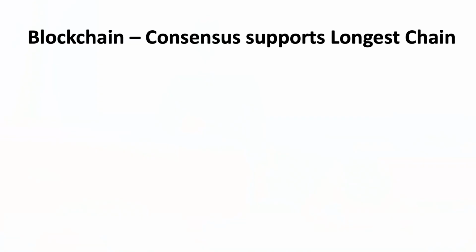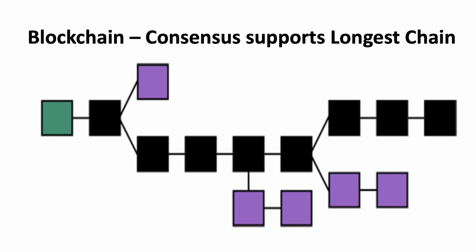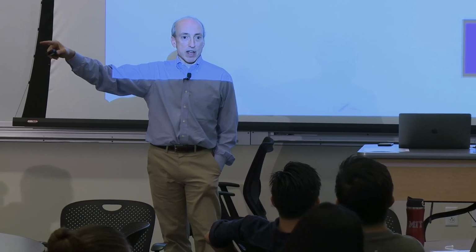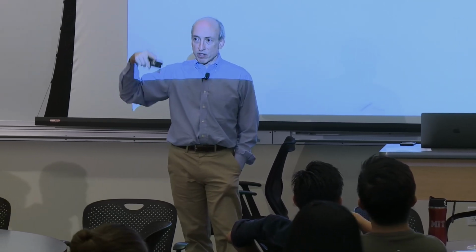But the consensus, remember this was a graph that we had, the consensus always supports the longest chain. If the consensus is to adopt this new technology and only 80 or 90% adopt it, it's a question of whether the other 10 or 15% will keep maintaining the shorter chain. And in Bitcoin Cash, they have. And so in essence, now you have two currencies. If for some reason it atrophied and they stopped maintaining it, then the value, in a sense, in a commercial setting might go to zero.